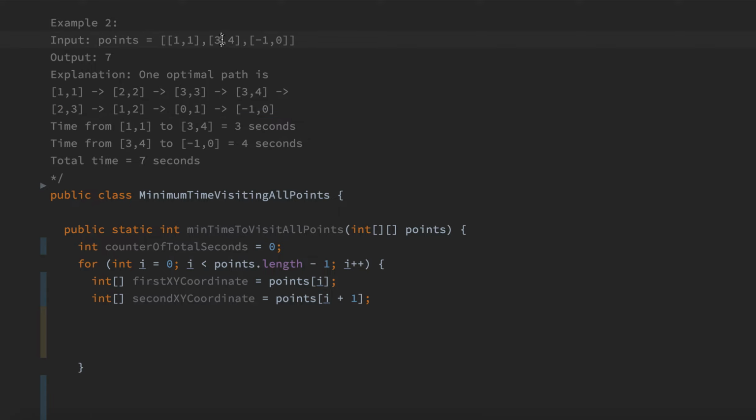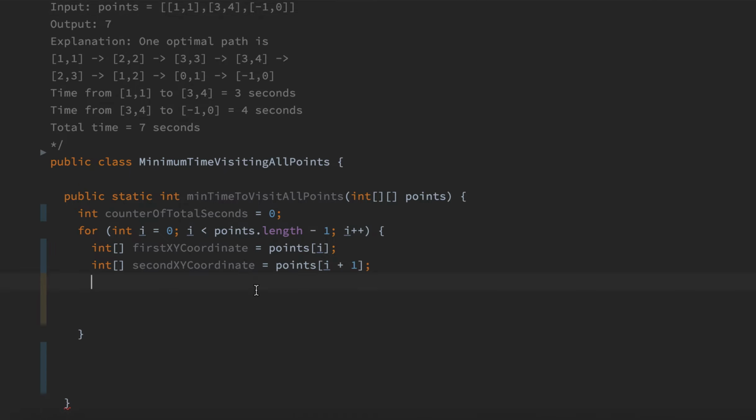Next example, from 3 to negative 1 takes 4. That's 4 as the absolute difference between there. And from 4 to 0 is 4 as the absolute difference. So once again, it's going to be 4, and 3 plus 4 is 7. So let's do that. We need to find the absolute difference. So difference of x coordinates, and sorry, we're going to initialize this as an integer, and this is going to equal,